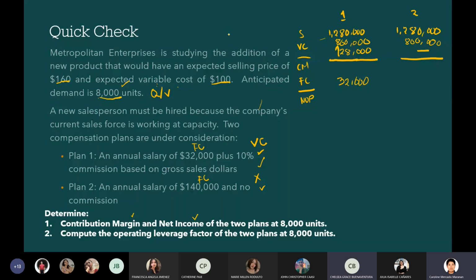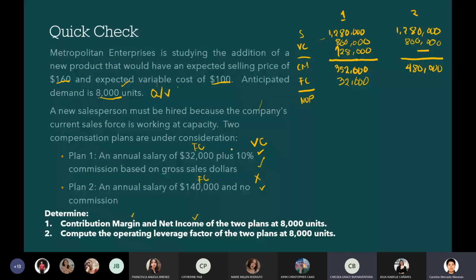352. 352. That's correct. 352,000. Sa kabila, so this is 480 kasi 800 lang naman. Okay? So 480. So meron pa ba tayong sa plan 1,